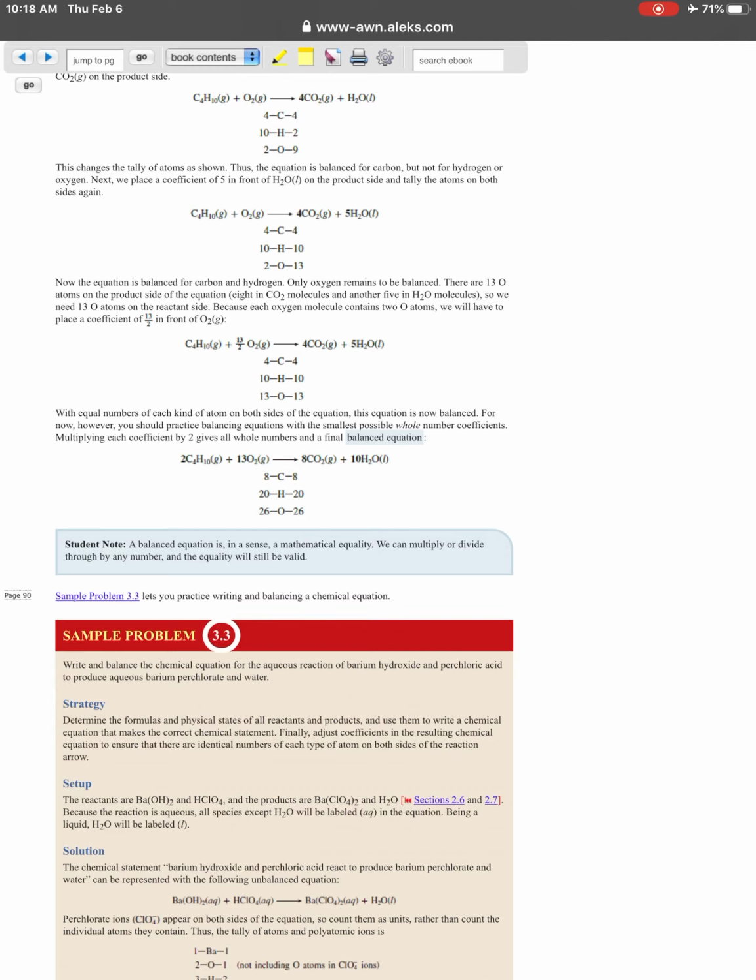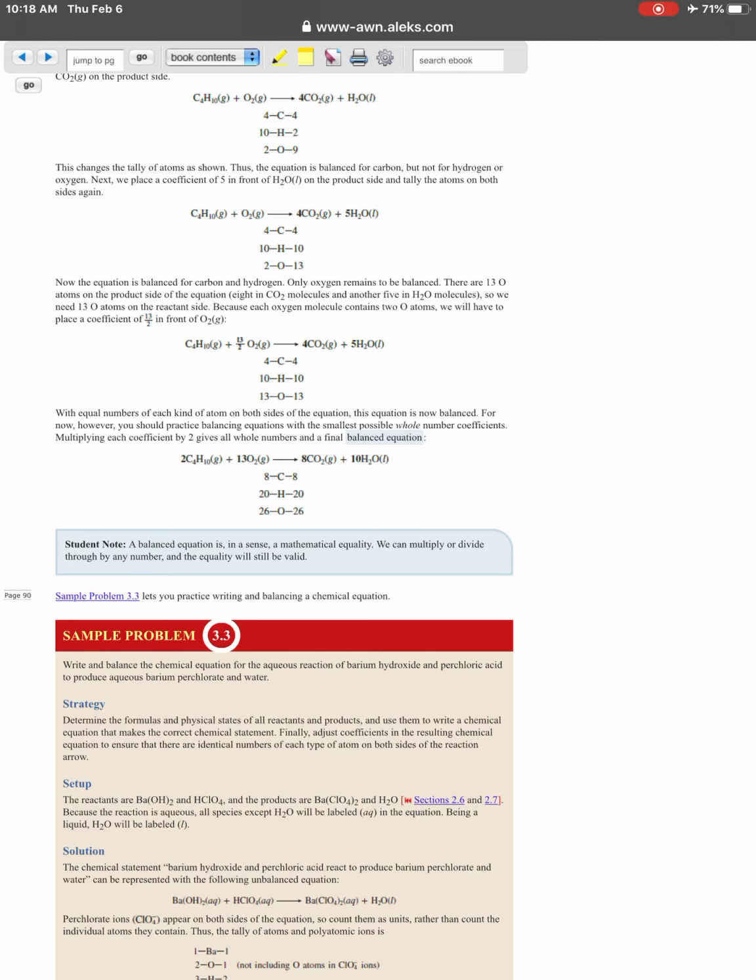To get rid of the fraction, you multiply by 2. And the reason for that is that if you have 1/2 and you multiply it by 2, that gives you 1. If you have 3 halves and you multiply that by 2, that gives you 3. You now have whole numbers. If you multiply one substance by 2, to keep it balanced, you've got to multiply everything in the equation by 2. So if we multiply 13 halves by 2, that gives us 13, but we also have to multiply the C4H10 by 2 and the CO2 by 2 and the H2O by 2. So we multiply everything by 2. That gives us whole numbers,